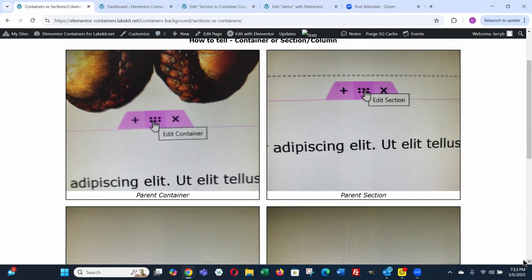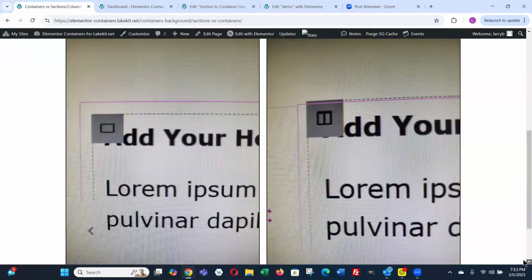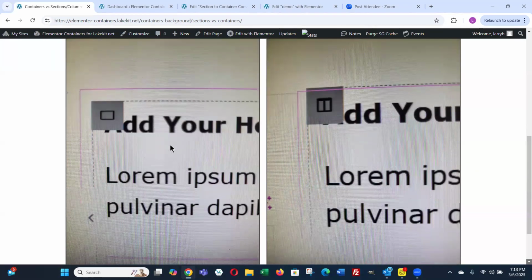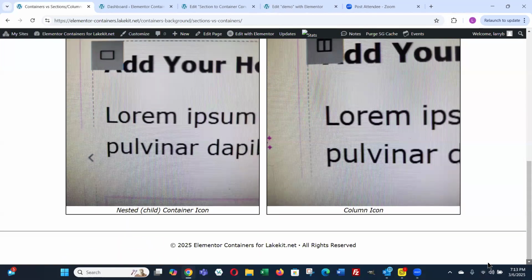And then inside of a parent can be, like I indicated, a child container, which is indicated by a rectangle in the top left corner, as compared to if you're using sections and you have columns, each column has this kind of icon in the top left corner. So you have on the left the nested child container, on the right a column in a section.